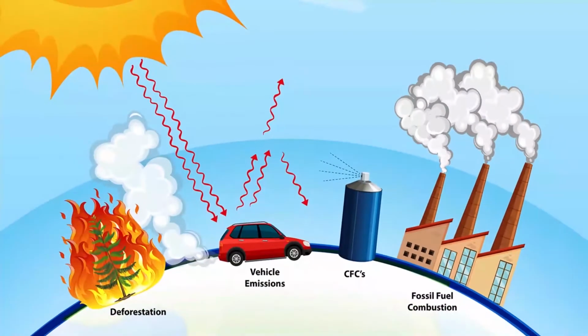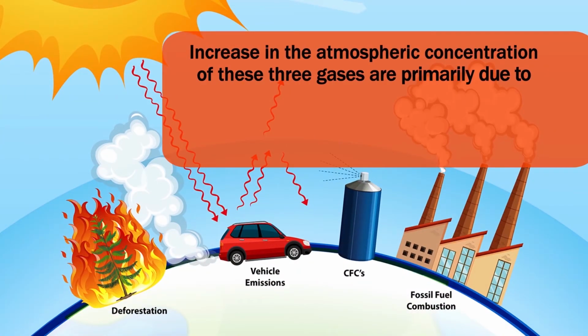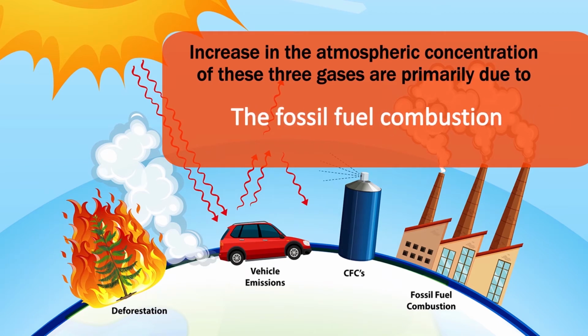Let us see for our discussion, the most important greenhouse gases are carbon dioxide, nitrous oxide, and methane. For simplicity, these three important gases put together amount to 80% of the total radiative forcing, and their concentration is found to increase since the Industrial Revolution. The increase in the atmospheric concentration of these three gases is primarily due to fossil fuel combustion, the most important point. The second important point is land use changes, and the third is agricultural activity.